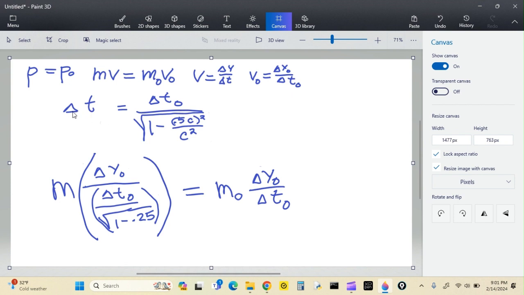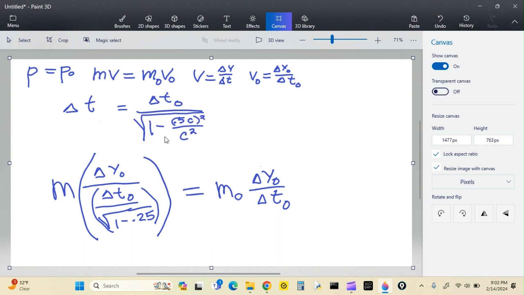And this came from some of the other things that we had talked about in the relativity time is not constant thing. Here's the delta t and the delta t0 over this strange square root thing, 1 minus v squared over c squared. Well, what is v? V is what we are moving at, and I put 0.5 c in there, so that is the 0.5 c of the speed of light. So those are squared.